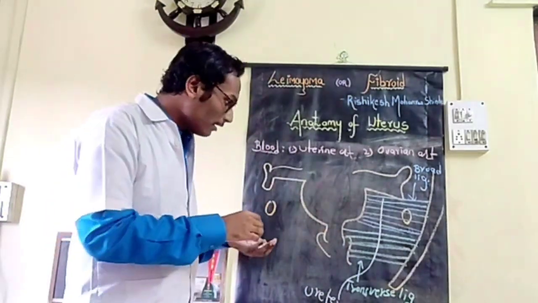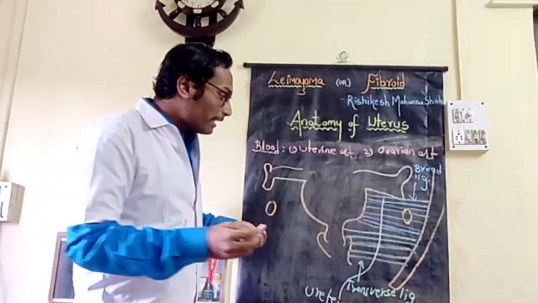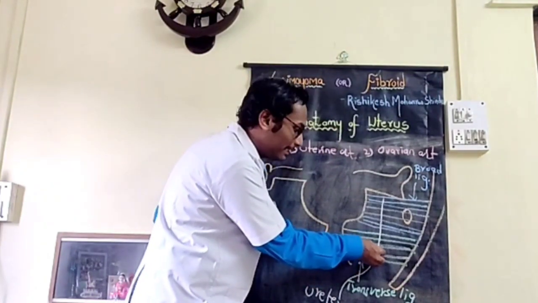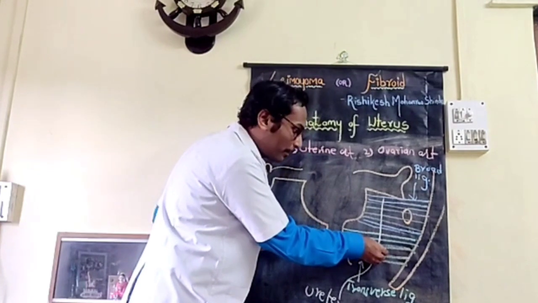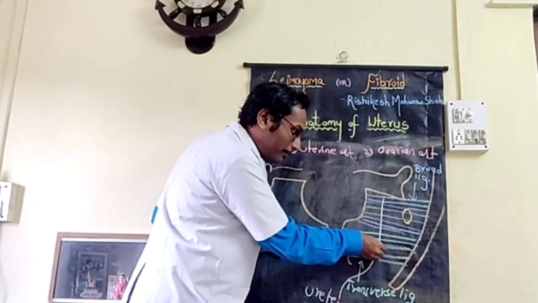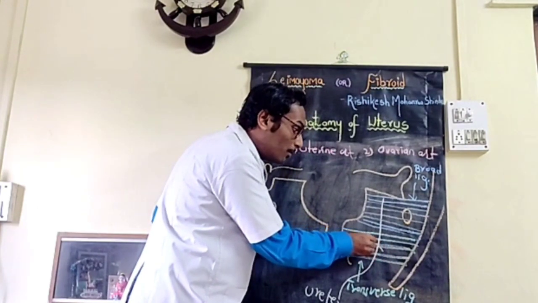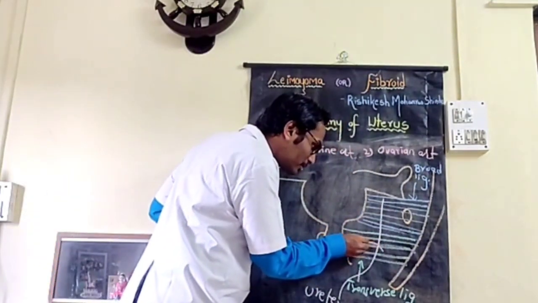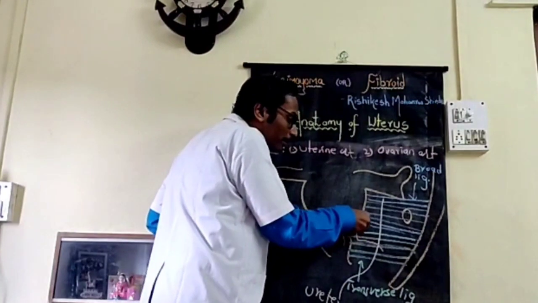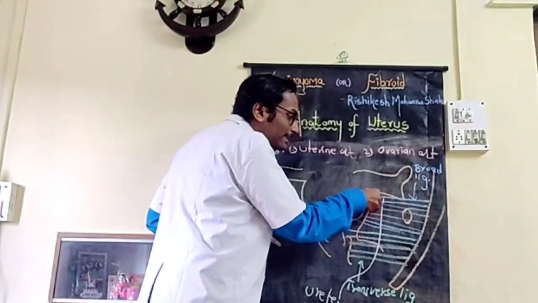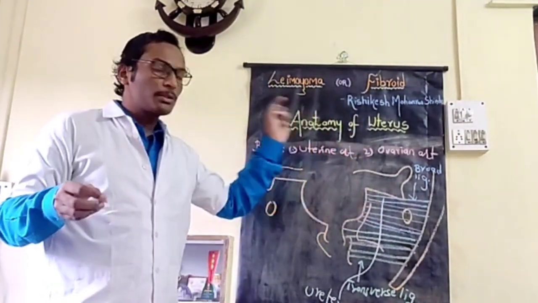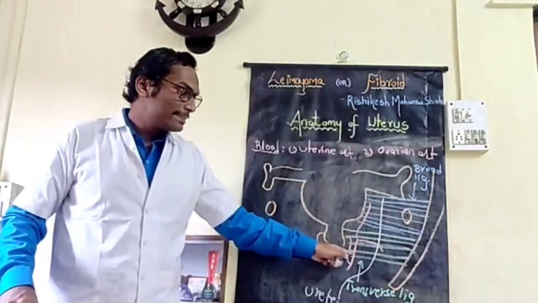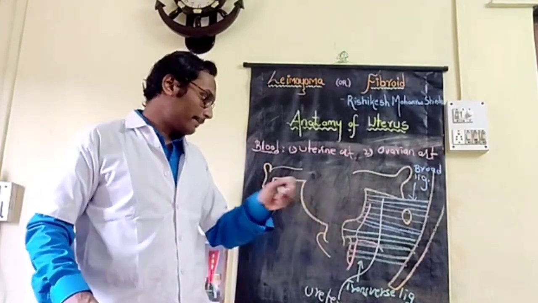So now the uterine artery is a branch of the anterior division of the internal iliac artery, which is coming from this cardinal ligament. It is passing over the ureter and finally reaches this point, where it divides above into Sampson's artery, which goes into the broad ligament, and one artery which is descending down. This is known as the descending cervico-vaginal artery.